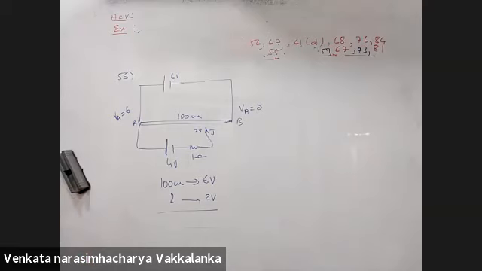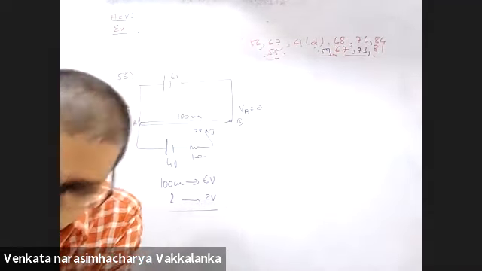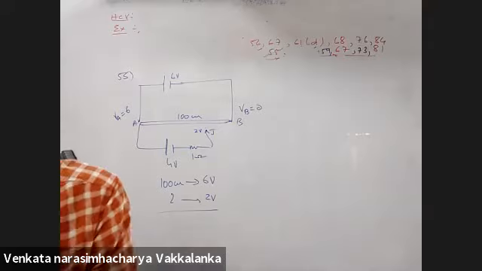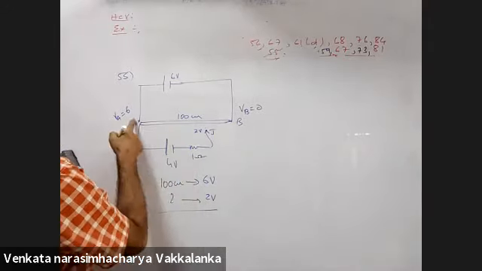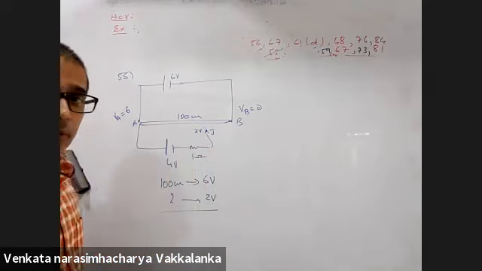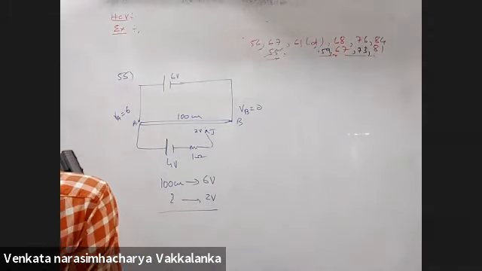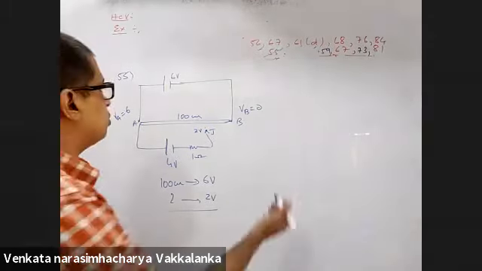If the 4 volt battery is replaced with a 7.5 volt battery, what would be the answer for points A and C? Will you be able to do it? If I replace this with 7.5 from 6, you will get a negative polarity here. Yes, sir. So there will not be a null point on the wire. If you connect C and D, you will find some current passing through it.